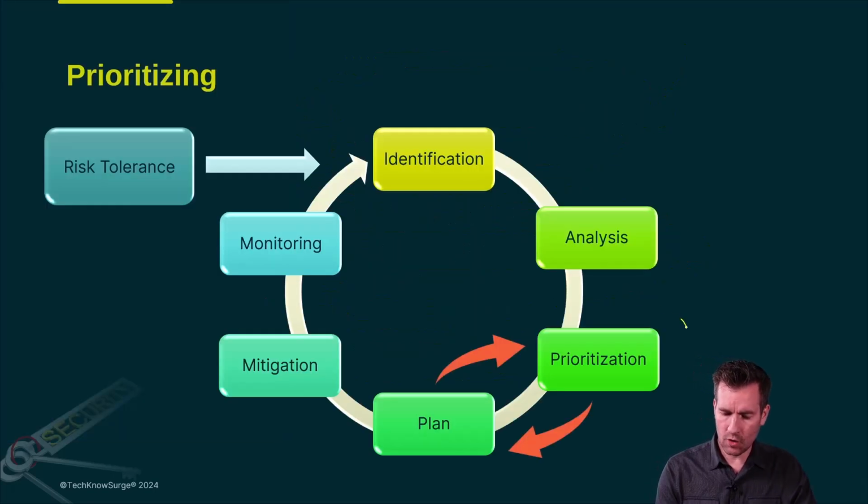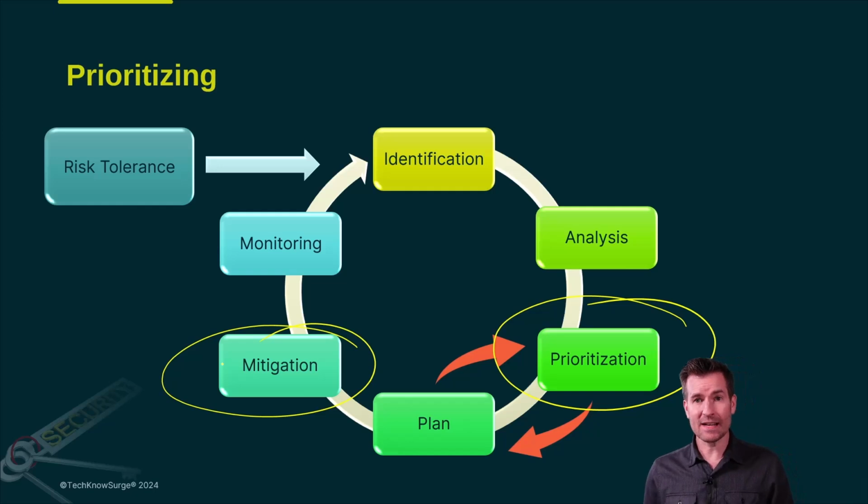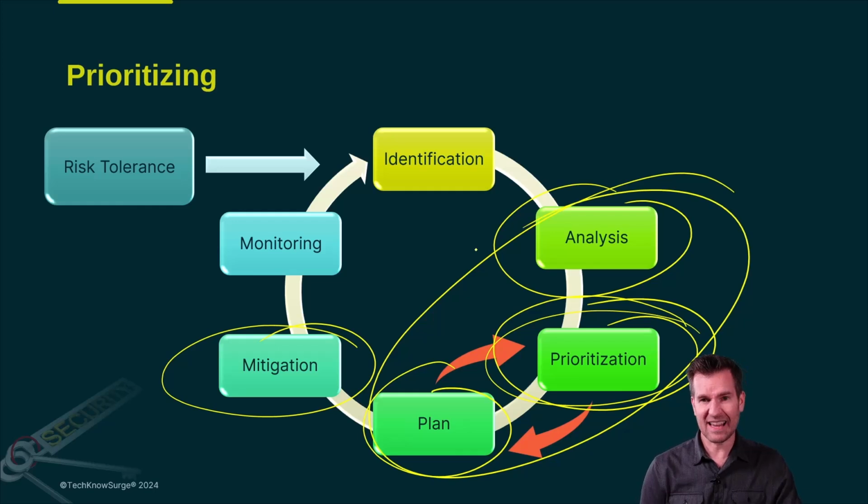Ultimately, what we want to do is prioritize this work in a logical order. And the important part is really to get to taking action. So we don't want to get too bogged down in prioritization, but also not doing enough of it could really make us invest our time into the wrong area. I also find there's this back and forth between prioritization and planning and analysis. So all of this kind of happens all at once.